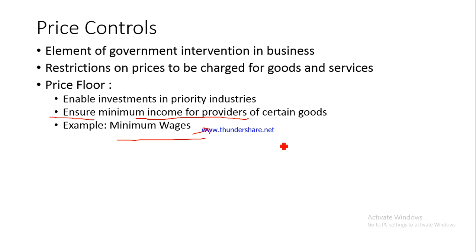Likewise, is the example of the minimum support prices. What is a minimum support price mechanism? The government fixes prices for various agriculture commodities right in the beginning of the cropping season. Why does the government do that? The government fixes prices for wheat, for the paddy crop, for sugar cane, for cotton, and so many different types of crops. For example, pulses also. What is the reason why the government does that? They do this so that the farmers can be assured of at least a certain minimum amount of income, right?